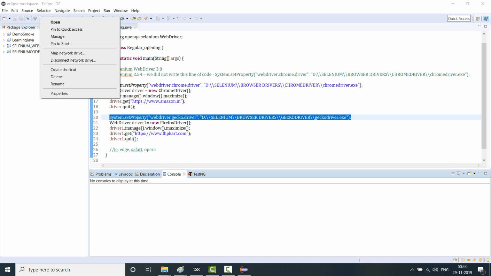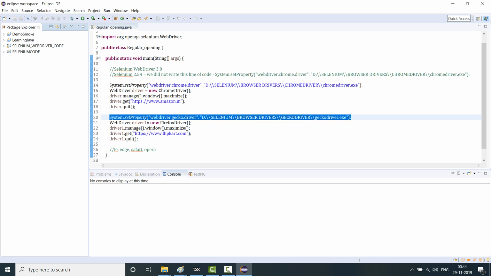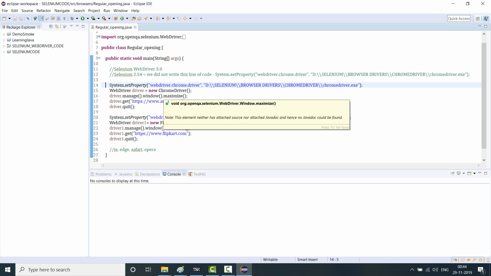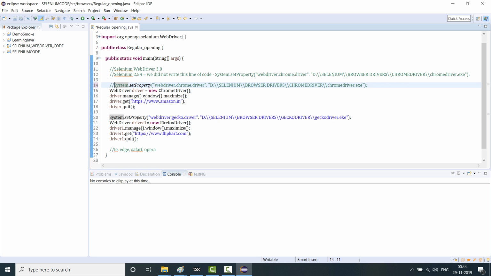So that thing, Windows 7 guys, you can take care of this thing. Now I have configured this, right? So now what I'll do is I will see that these two commands go. So see, this becomes a comment, right? I have told you before, comments are nothing but part of the code which does not get executed. So as per Selenium WebDriver 3, if I am commenting this particular line of code, it should throw an exception,